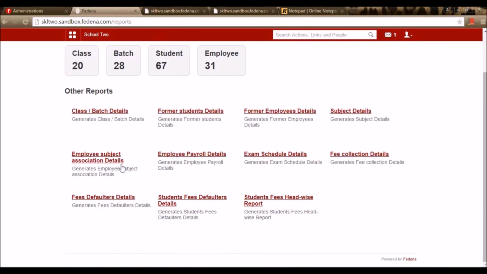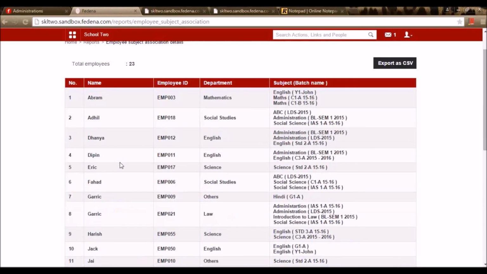You can also view the employee subject association details. So these are the employees, the department and the subjects they've been assigned to, with a detailed description of the batch to which the subject belongs. I can go for a CSV report.